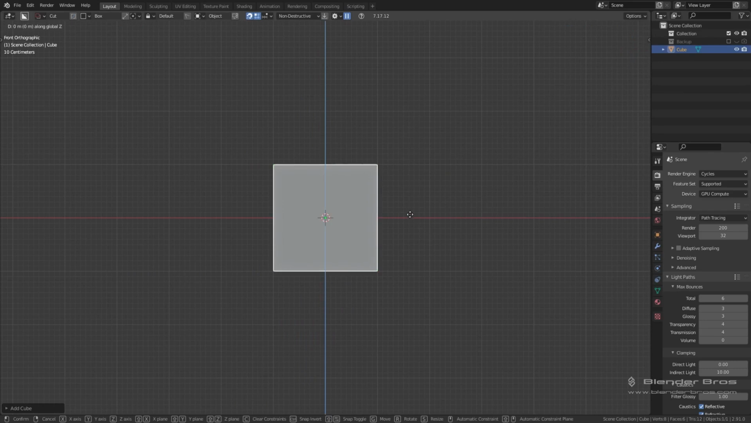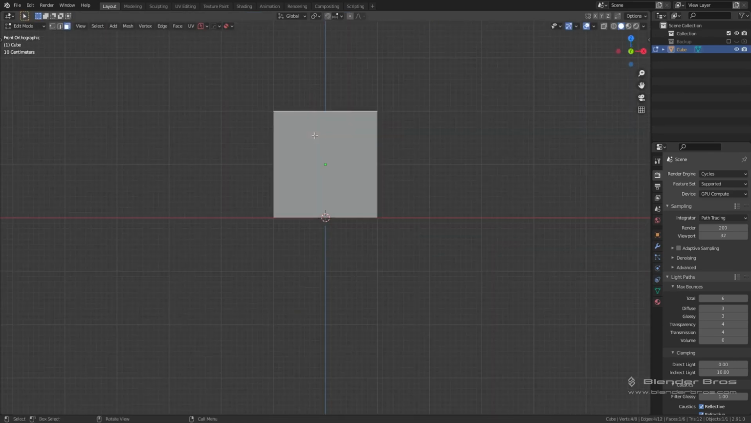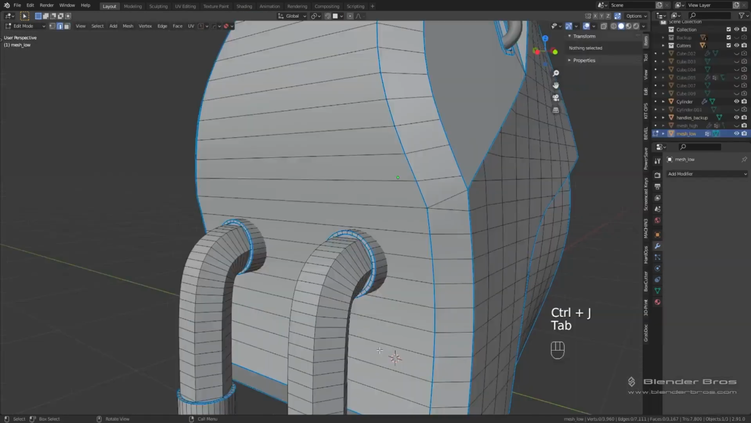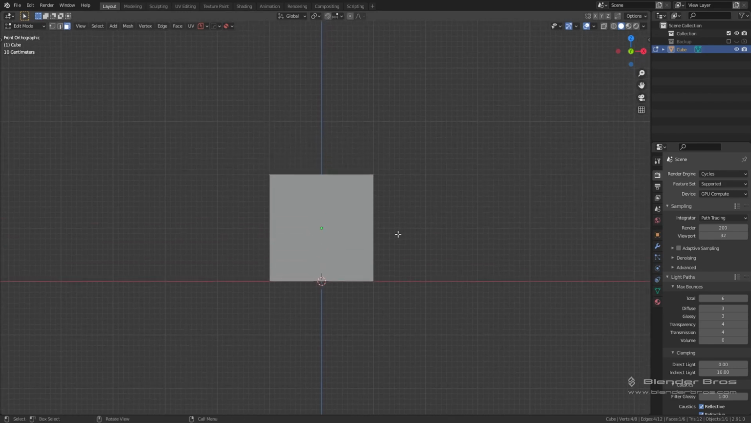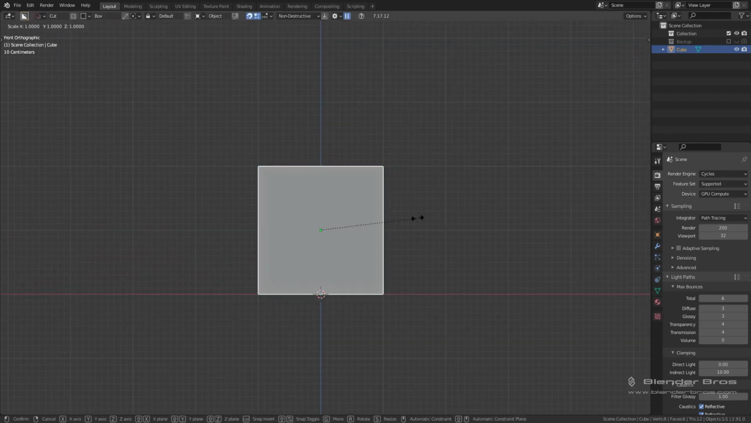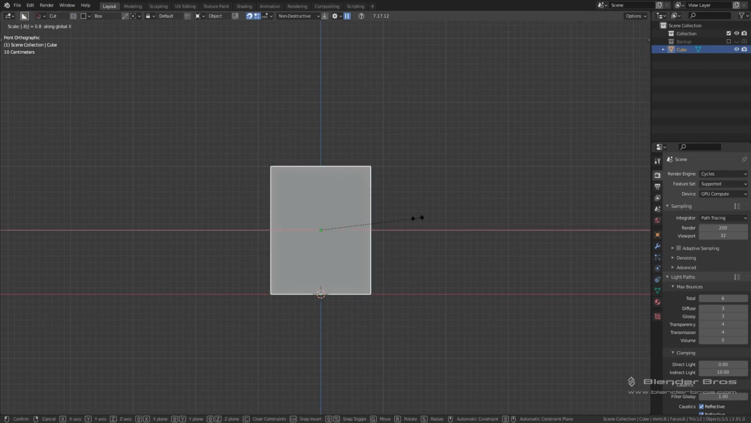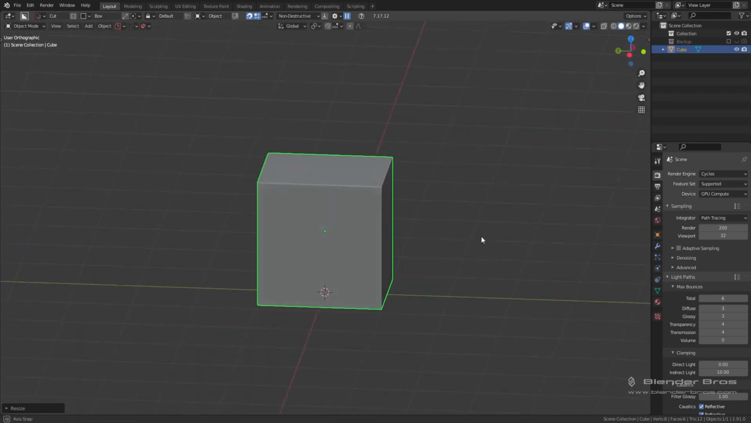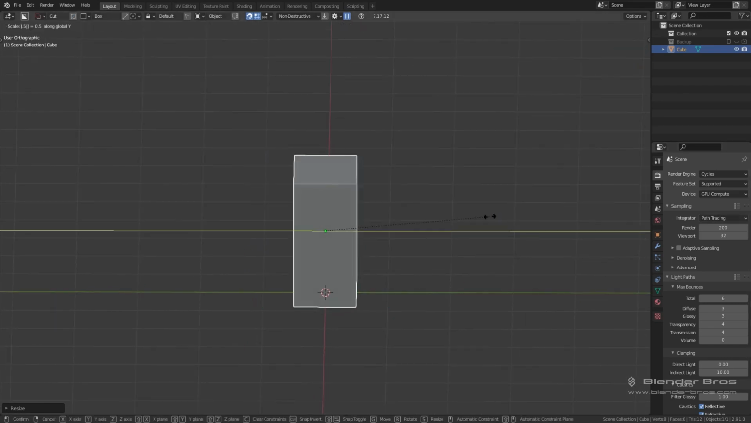I'm going to take the cube, move it up a bit, and I think what we'll do is maybe bring this up another unit. So G, Z, and then 1. Actually, you know what? Scratch that. Let's leave it at the default size here. I think that'll be good. Then what we'll do is scale this maybe SX and then 0.8 should be fine. And then we'll come over here, and what I think we'll do is maybe SY and then 0.6,